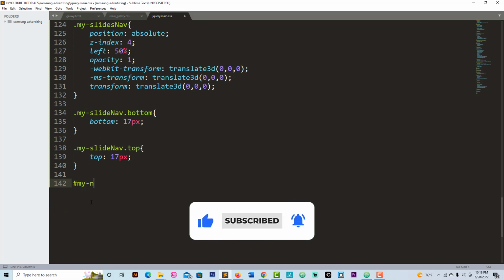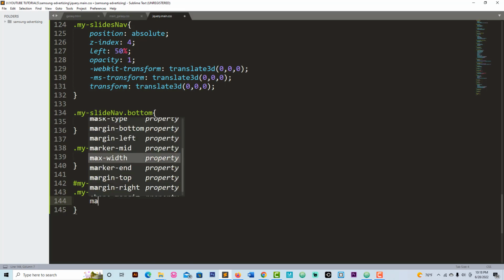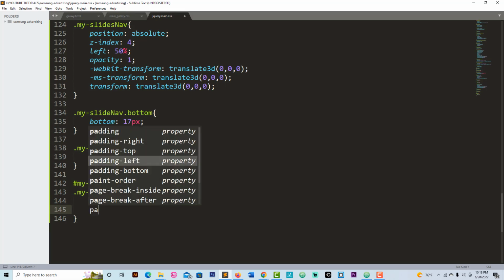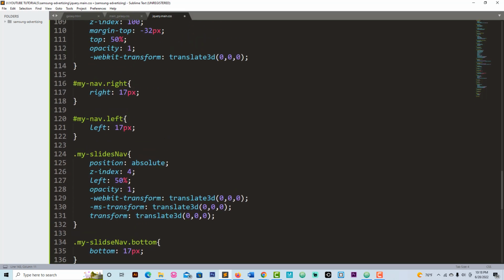We need my nav UL, and we need my slide nav UL, 0. Okay, and we need my slide nav, put s here, s after slide, s. Okay, and